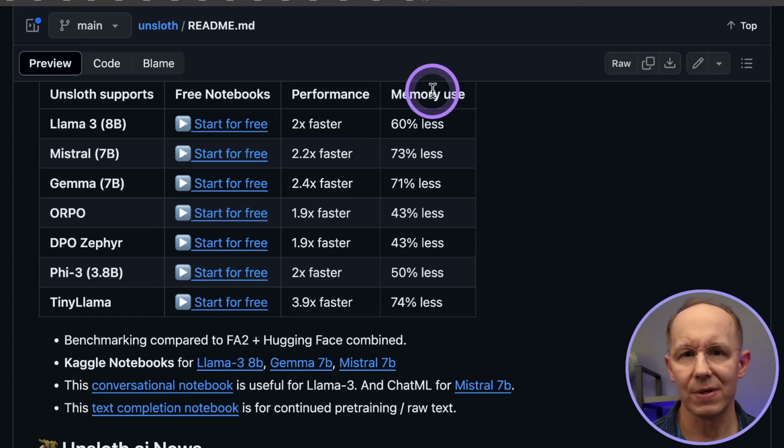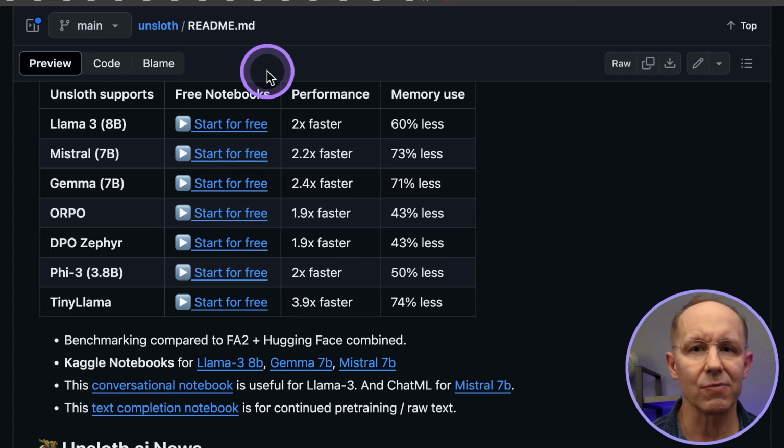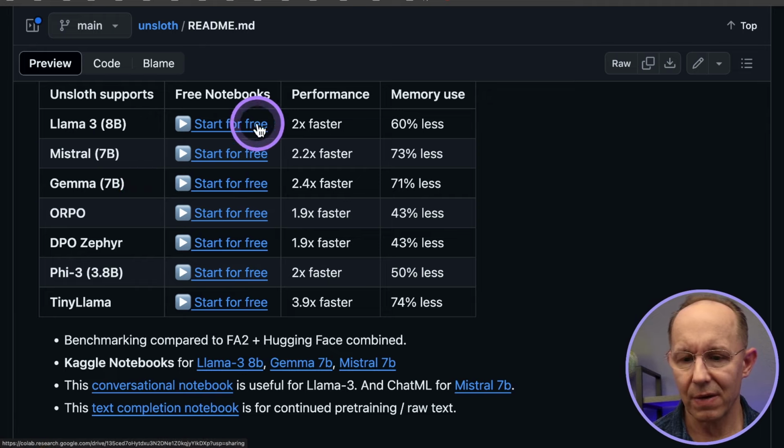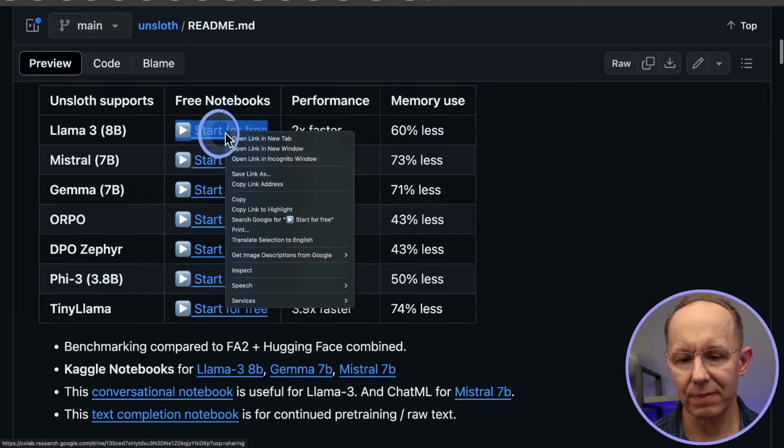This is their GitHub repo. In the README file, you'll find a bunch of notebooks that they have for fine-tuning large language models. This is where you'll find Unsloth's original work for training Llama 3 8B. You can click on the links to get through to the notebook. You can also train Mistral 7B, Gemma 7B if you like. That's all available here to explore later. Let's click through this link.